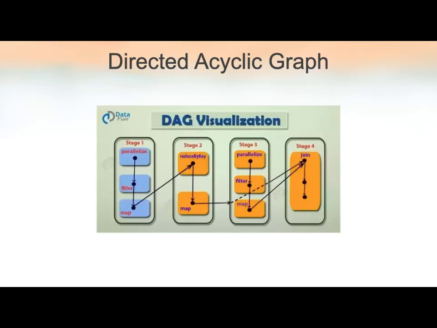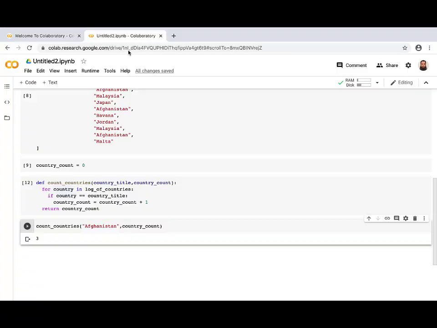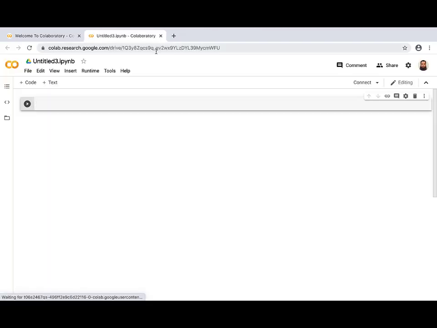So what is DAG? What are these sequences? What are these maps? Let's have a look at another example. Let's have a look at maps, lambda functions in context of the DAG, directed acyclic graph, or DAG, whatever you want to call it. So I will bring on another notebook, a separate one. I'm going to close the old one for now and create a separate notebook, because in this case I need to